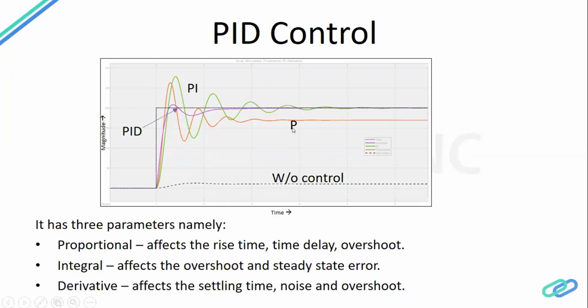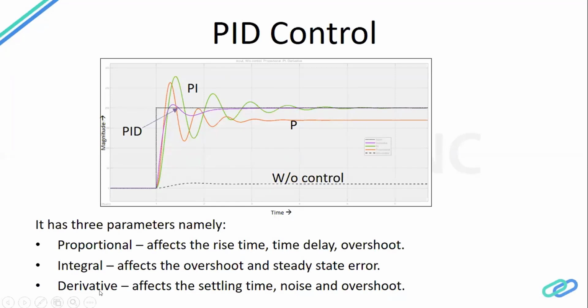Now what you can see is that the proportional controller takes quite some time to respond, it has oscillations in it, and the most important thing, there is a steady state error. So we add another term, the integral term, and then we have the green response which still has some oscillation, but we are finally able to minimize the steady state error. It's almost zero. If we zoom out, there will be some error, but it's almost zero. The impact of the integral term is that the overshoot will increase, but it drives the steady state error to zero, basically integrating your error to reach the zero point.